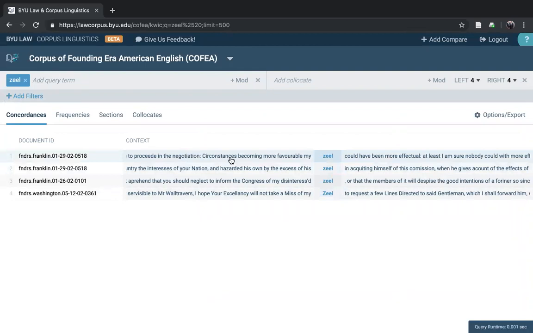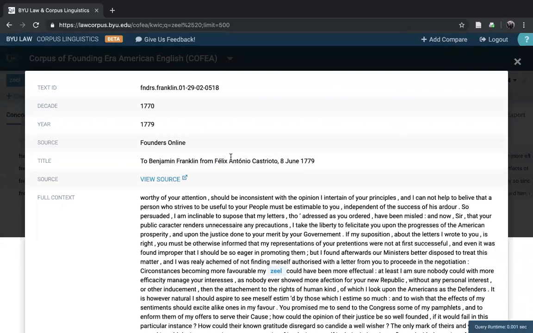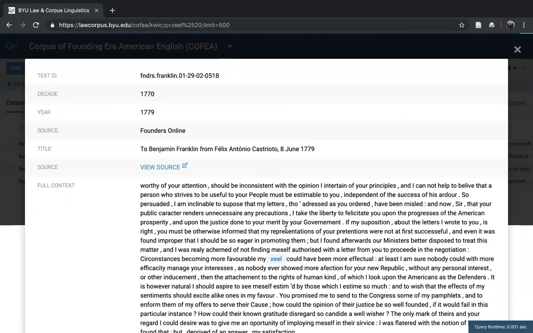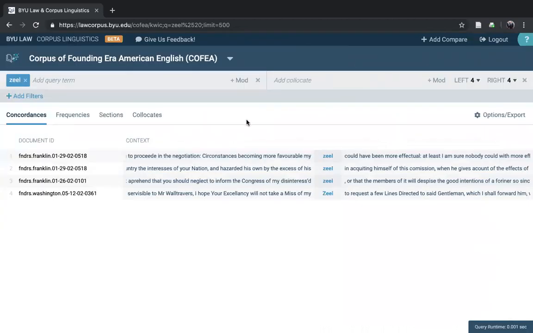that, let's see, looks like zeal is just a misspelling in a letter to Benjamin Franklin here. Okay, so that's basically how